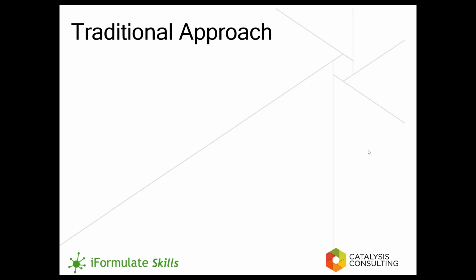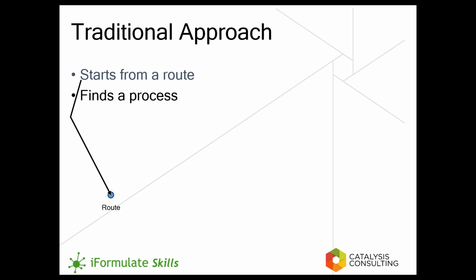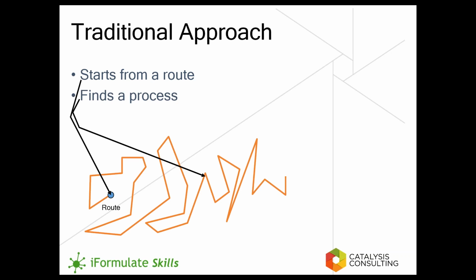So traditionally, when you want to develop a process, you have to start with an idea. You have an active material, you have whatever other ingredients that you need to add to it, but you have to start with an idea. In chemistry, we start with a route, but you have to start with an initial idea, and then as you start to carry out experiments, usually your first experiment will not meet your objectives, so you will start to make changes to this process, and essentially we will do a whole sequence of experiments and we will walk a very long and windy road to try and get something that might work for our